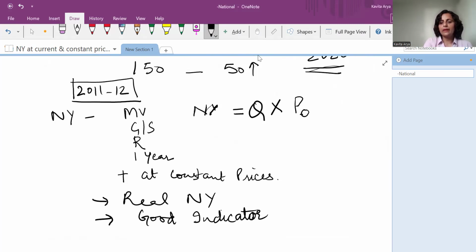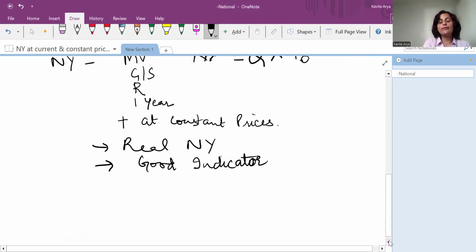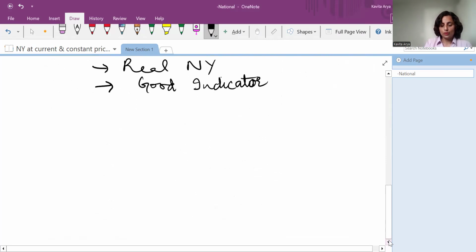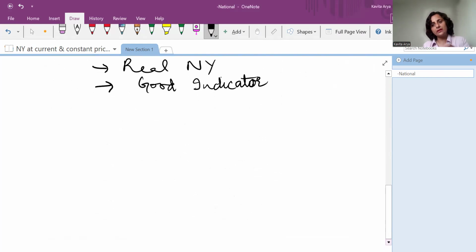Right. So if we have a question here in examination of differentiation between the two, how would we go about it? What is the meaning? How can we convert national income at current prices into national income at base year's prices? Let's have the formula. So national income at constant price,